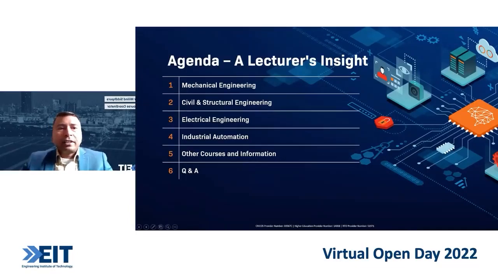And so let's look at the agenda in my particular section. I'll be looking at mechanical engineering. I'll be explaining all of these disciplines one by one, not just the courses, but I'll also go through what the career perspectives are for these different courses. For example, mechanical, civil and structural, electrical engineering, industrial automation, and we have some specialty courses, which I'll be discussing as well. And at the end, you will have some time for questions and answers. So with that, let's start.